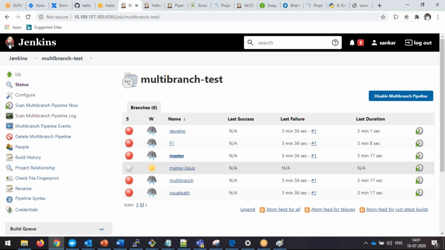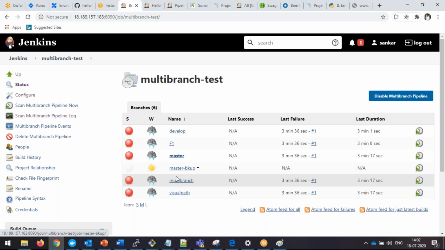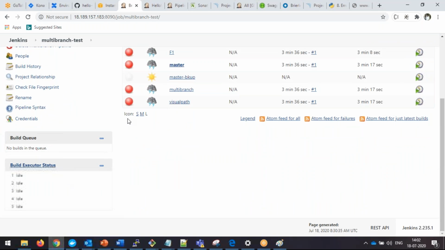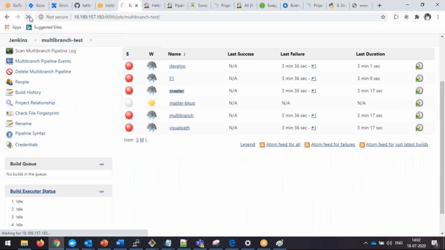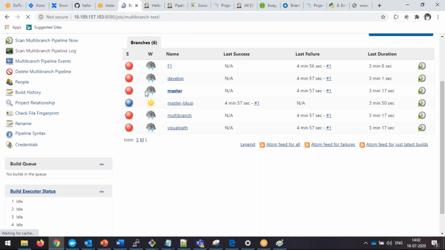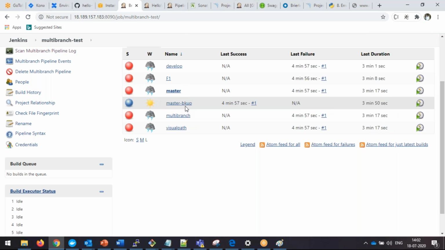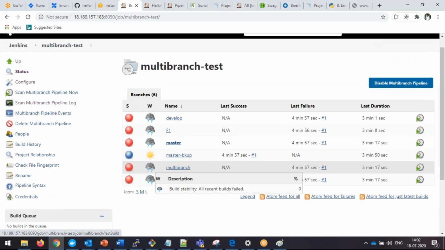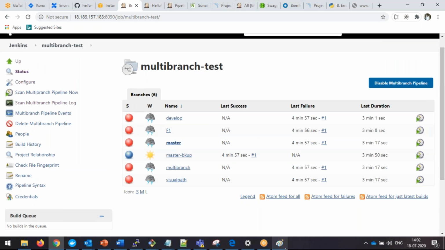Then here the concept again is, if you observe here, I can see develop branch, F1, master backup, multi branch, visual path like that. Right. So here the scenario: this one got successfully executed, which means it has the proper steps, not the others. Now the scenario is, if I go to my branching strategy,